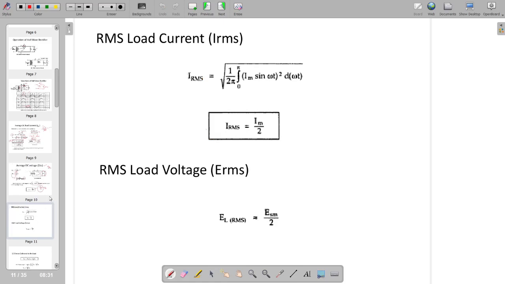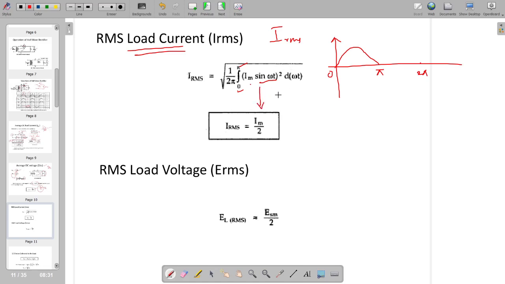Now the RMS load current. What is meant by RMS value? Root mean square value. So I_RMS is found like this: square root of 1 upon 2 pi, integrate 0 to pi. Why? Because I am considering 0 to pi as the limit. This 2 pi is the total time period, but the output we get is only for 0 to pi in the half wave rectifier. So that's why 0 to pi, (I_m sin omega t) whole square, d omega t. On simplifying this equation, we will get I_RMS as